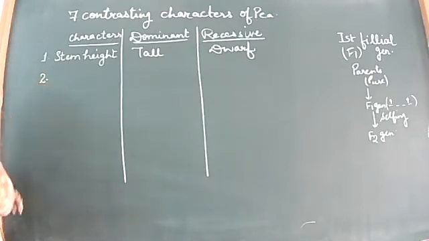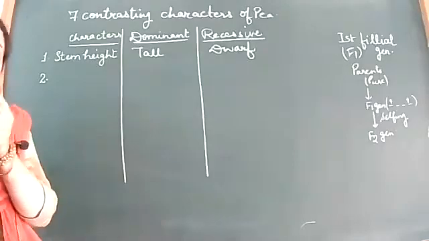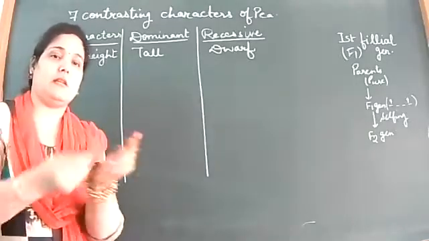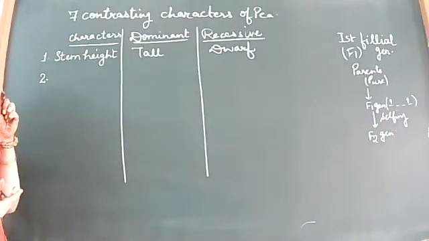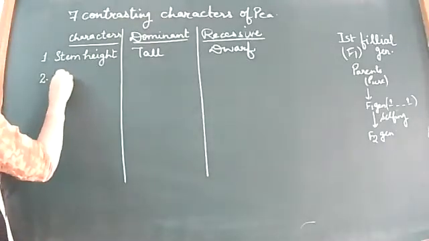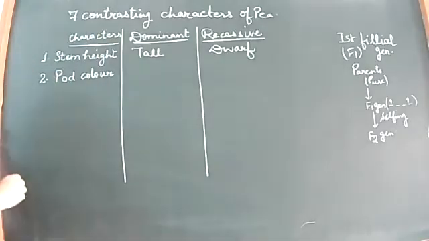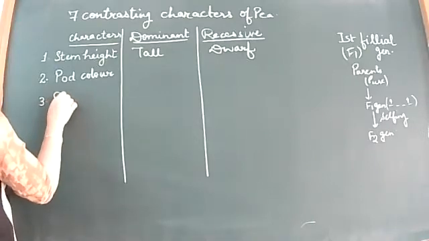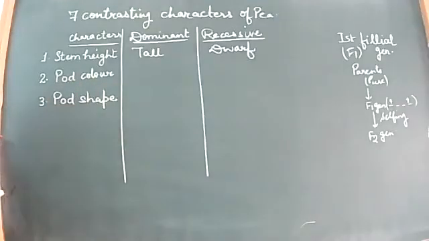Then the next is pod color. Pod is what? That is the pea का जो fruit होता है, जो ऐसे बंद होता है, that is the pea fruit. ठीक है? और उसको जब आप खोलते हो तो उसमें से जो मटर के दाने निकालते हो ना, that is the pea seed. वो जो दाने होते हैं round ones, they are the pea seeds. So the pod is a fruit. The 2 characters of pod that showed the contrasting features were pod color and the pod shape.